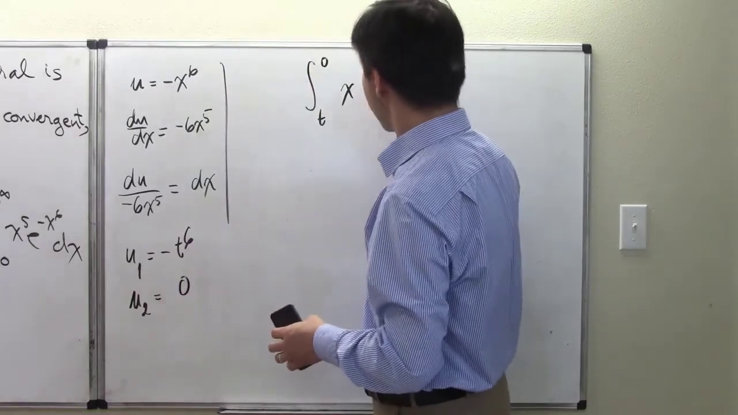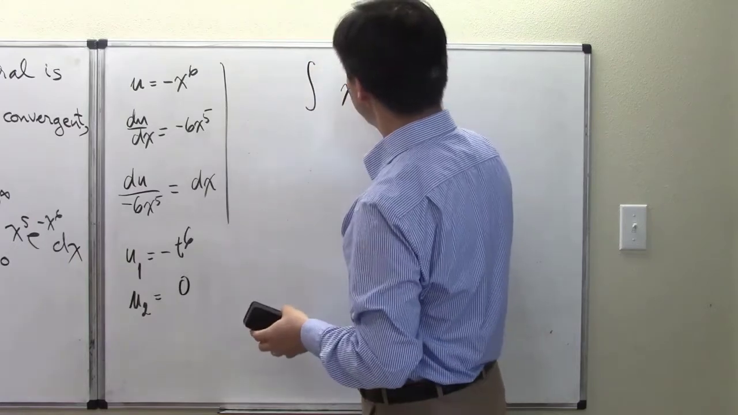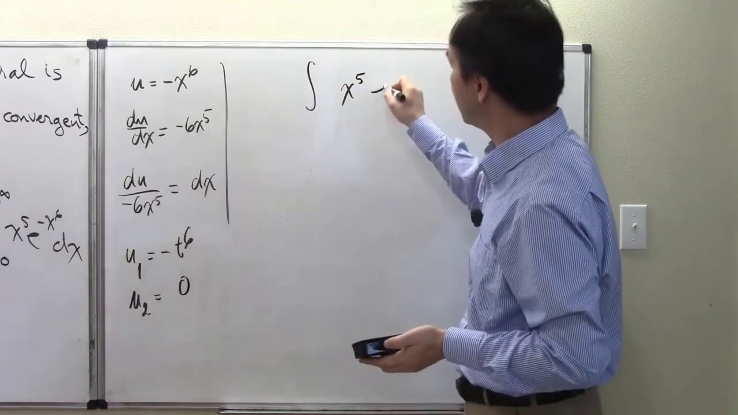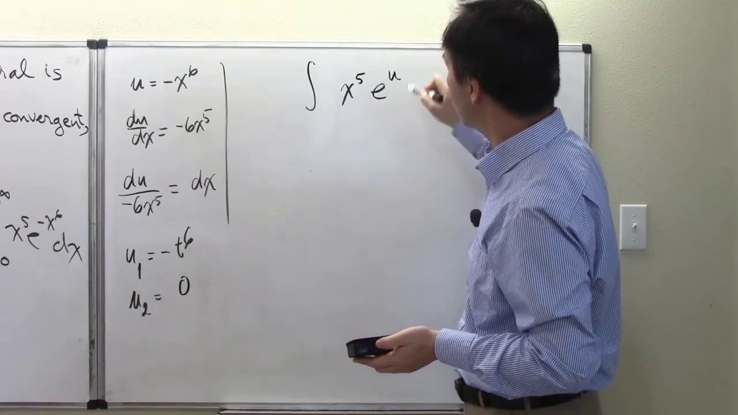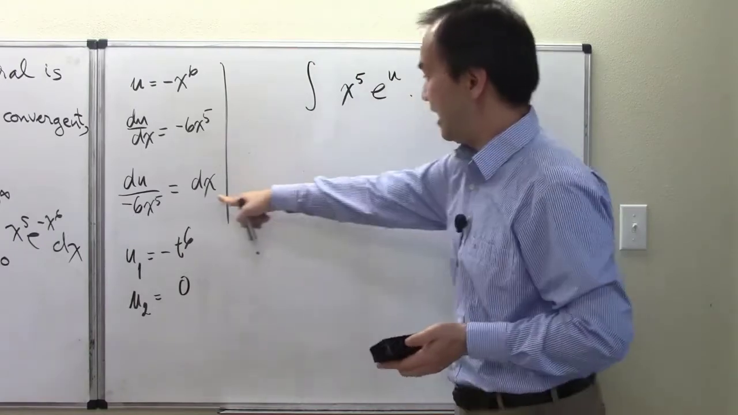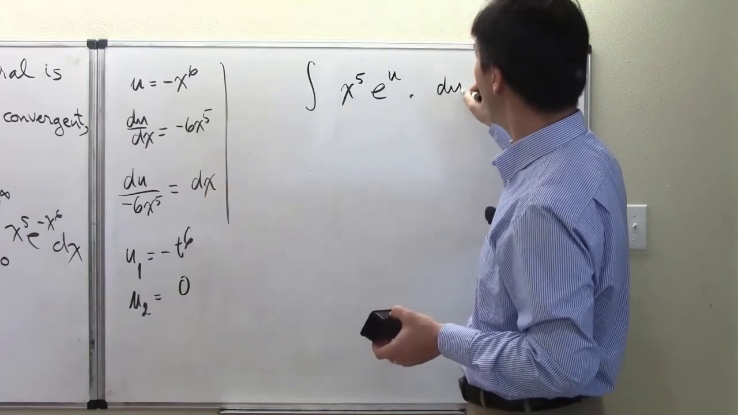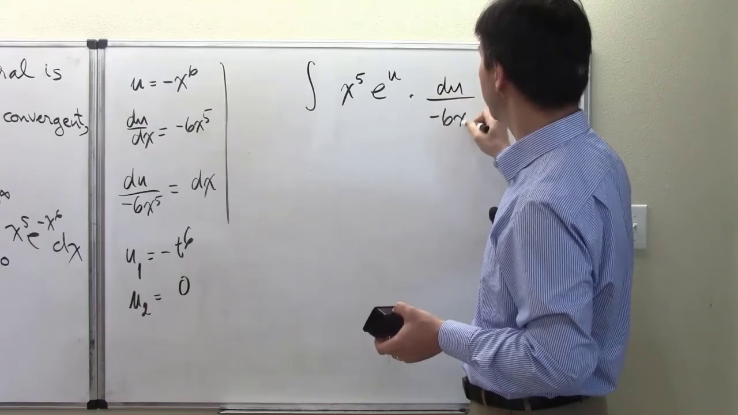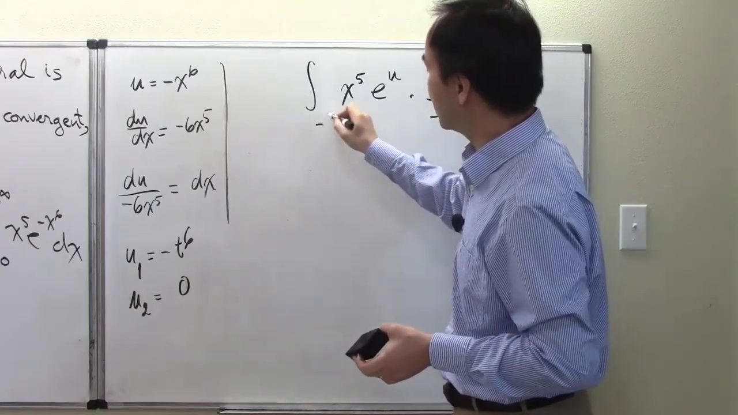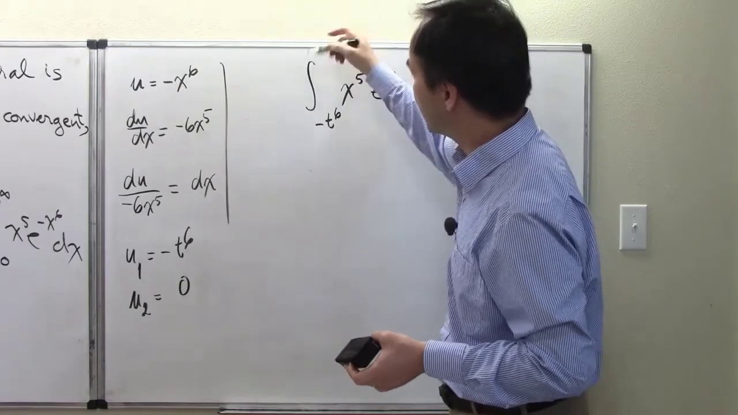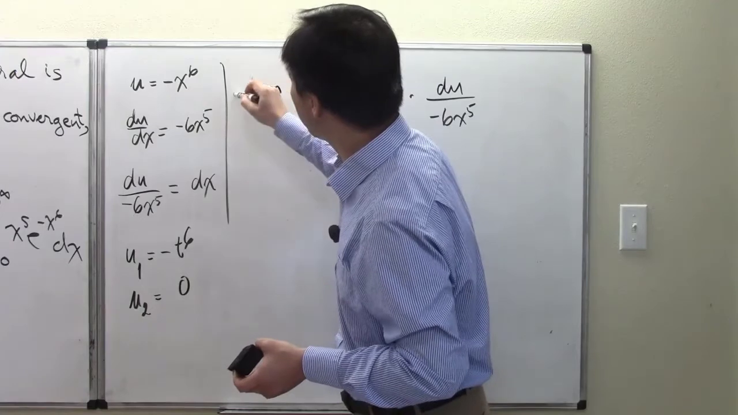So with this current problem, x to the fifth did not get a substitution, e to the minus 6. So this is now u, and then dx in our previous step now becomes du over minus 6x to the fifth. The lower bound here for the integral is minus t to the sixth, and the upper limit here is 0. Okay, and then we're still going to take the limits of this integral problem